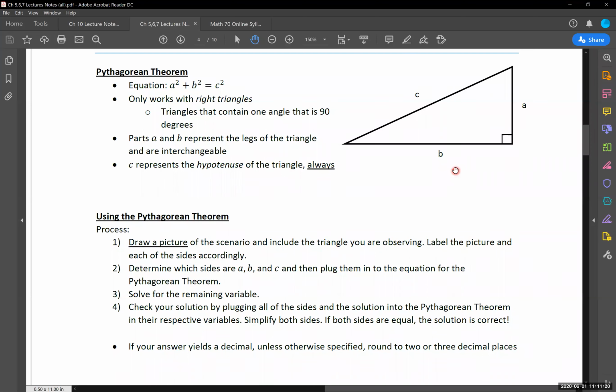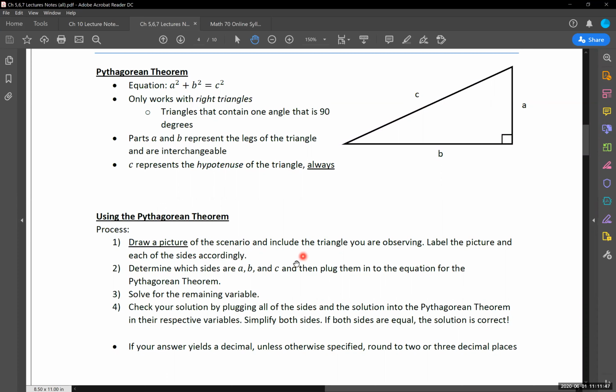I think it also really helps then determine, okay, what numbers have I been given in the problem that I'm working with? And where does it correspond in this picture? If I'm told the height of a building is 20 feet, and this vertical side in my picture represents the height of the building, I know where that number goes right off the bat. It takes the guesswork right out of it for me, which is fantastic, and we want that.